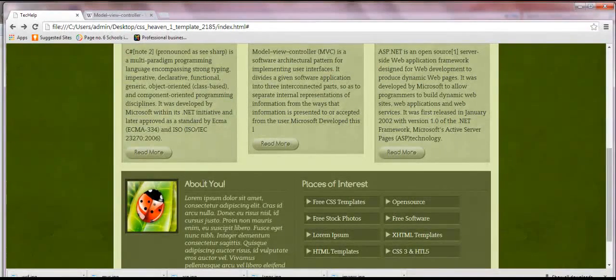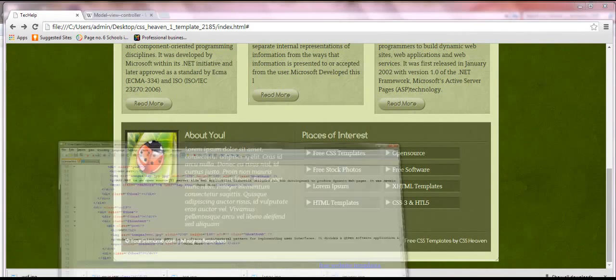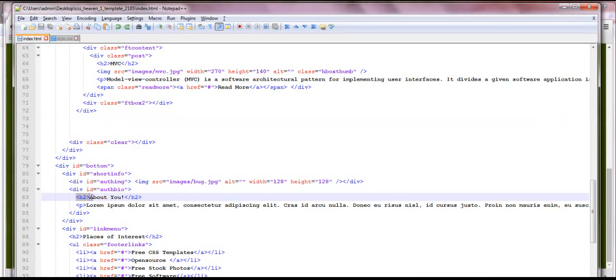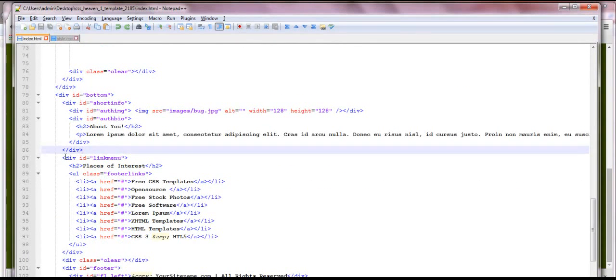And then I would like to change the about columns. I completely removed all this, and I would like to change the site name and the company name. For this, open the index.html file and check, here it is, about you. I would like to replace this and put the administrator image here and something about the administrator, and then remove all these div tags.